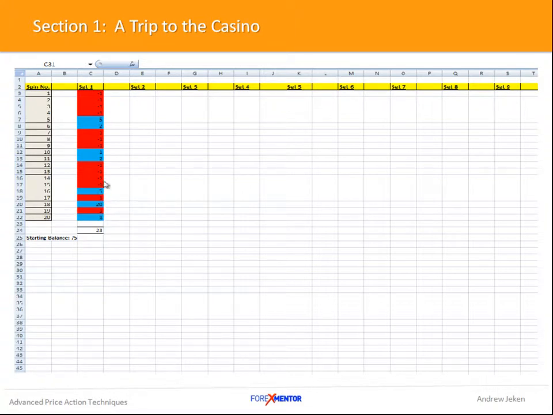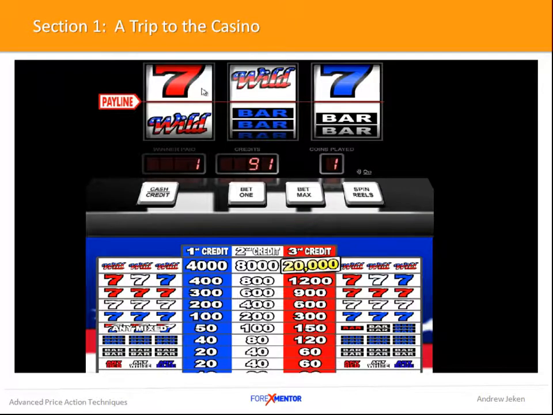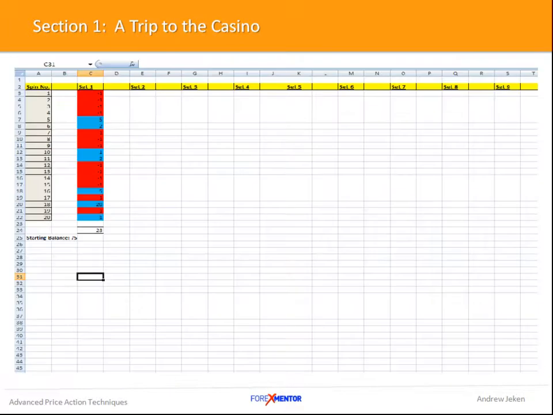Look at the random distribution here. Okay, this is no different to you taking a technical system or trading with a method in the marketplace. As long as you're keeping a consistent approach, here again, our consistent approach is that we're playing the same game over and over again. We put in the same bet size, and what we're doing is we're tracking our progress.